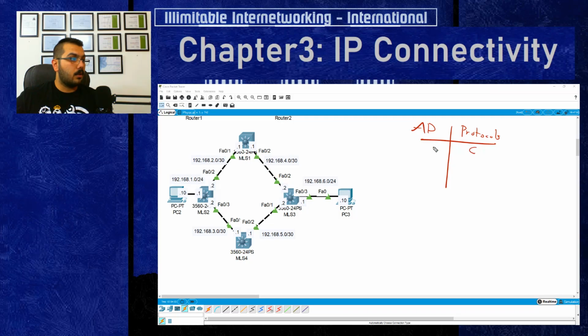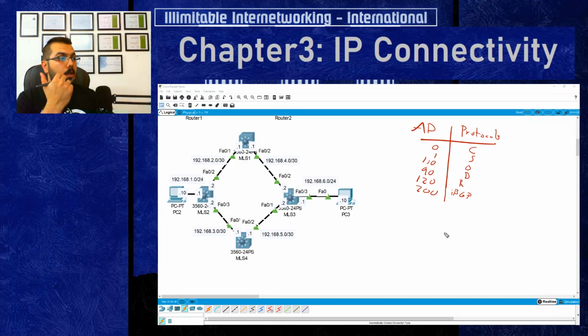Okay, so the directly connected had 0, the static had 1, OSPF, which with the symbol of O had 110, EIGRP, this is a Cisco proprietary protocol, had 90, RIP, which is an old protocol, had 120. Okay, and there is something called BGP, had 200. Okay, so what you will face in here is that, the lesser the value of AD, the more preferred the